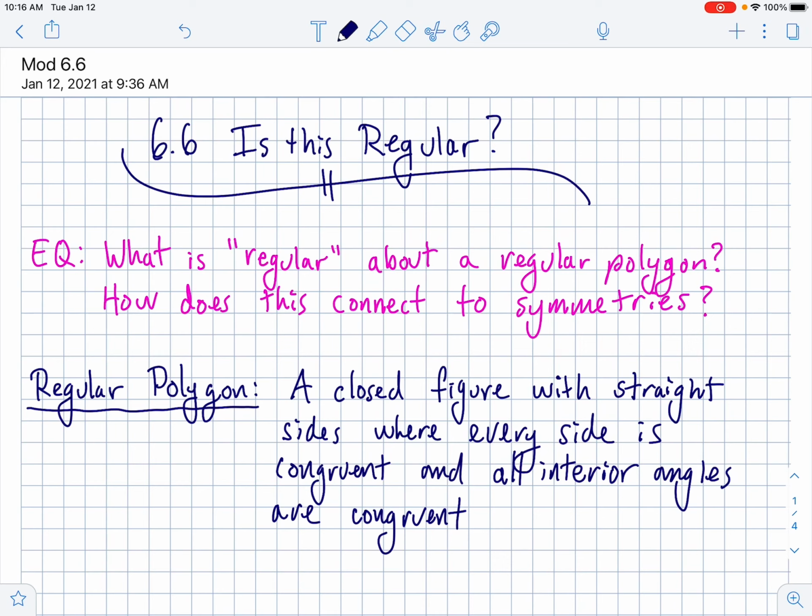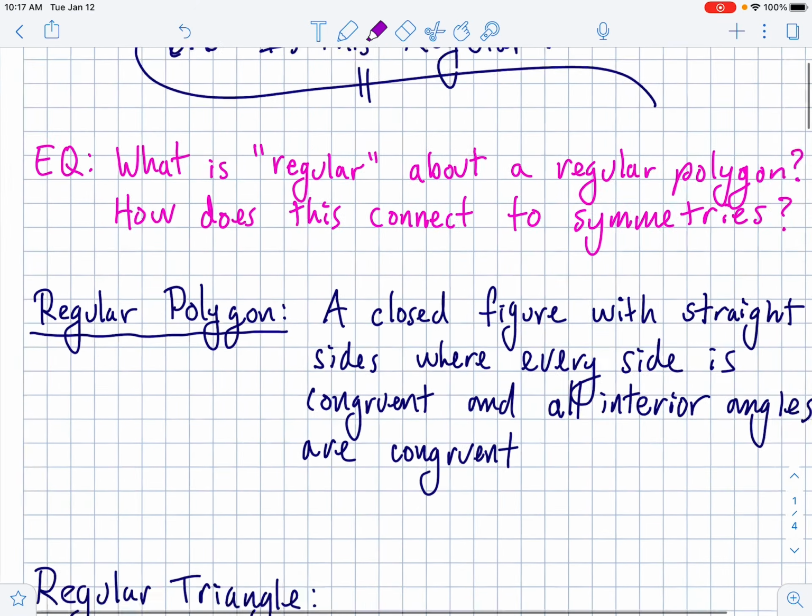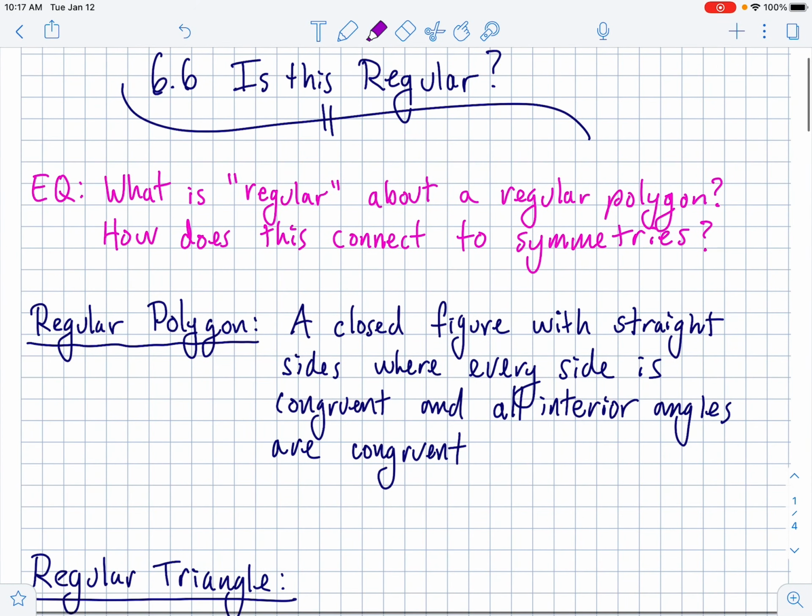All right, AGS1, we are back with 6.6, and we're going to talk about, is this regular? Regular is going to be a big word today because we're only going to be looking at regular polygons. The essential question for the day, what is regular about a regular polygon? How does this connect to symmetries? So today we're going to talk symmetries, both rotational and reflectional, and we are going to look at a bunch